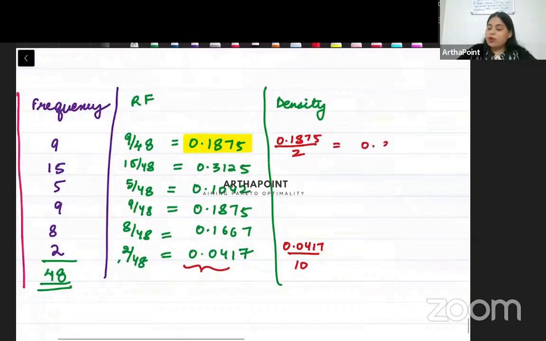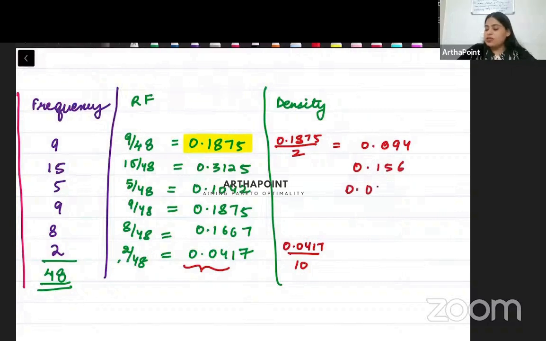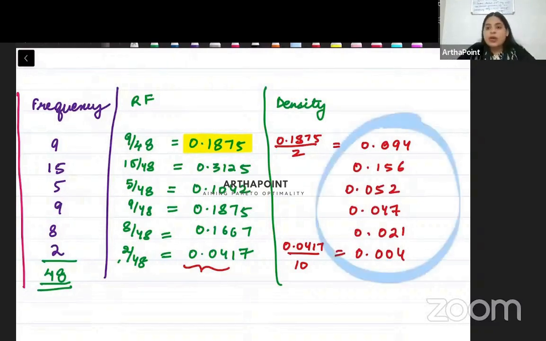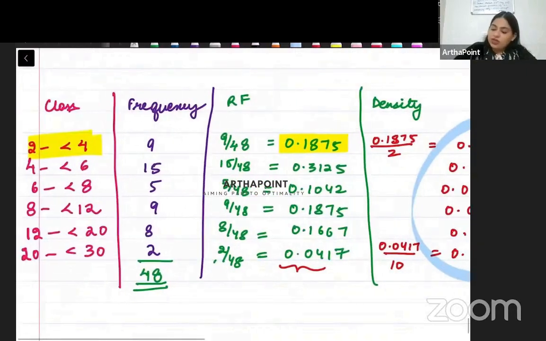This will be 0.094, 0.156, 0.052, 0.047. Please, please, please do them on your own also. ये आपकी values are. I want to go ahead and I want to plot these. This is what I want to plot. So when I draw this histogram,